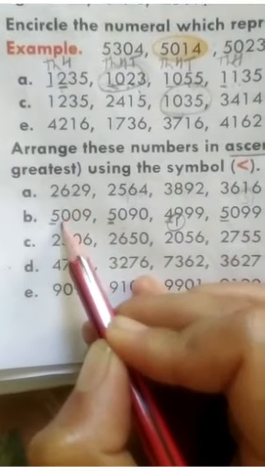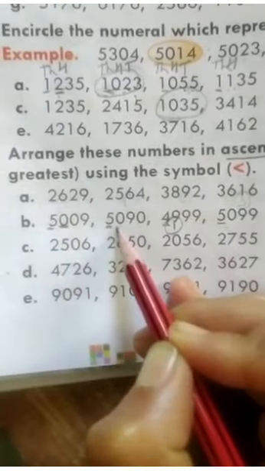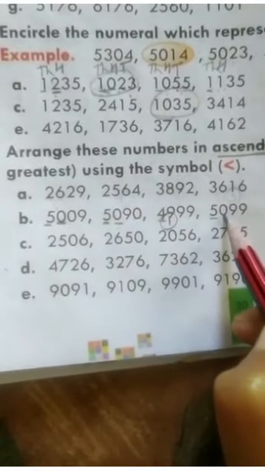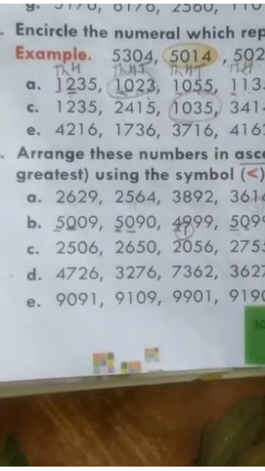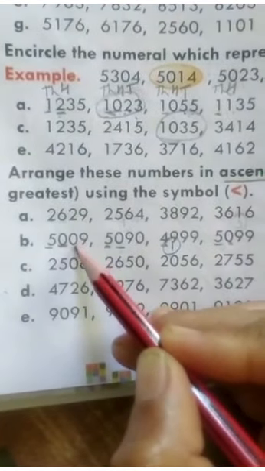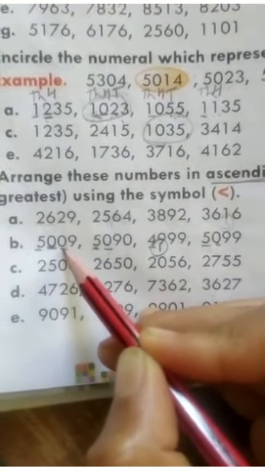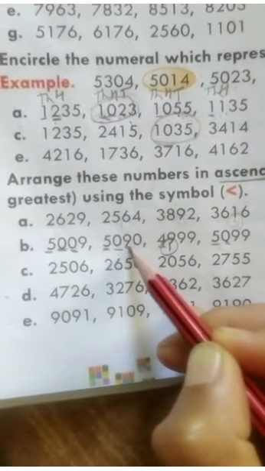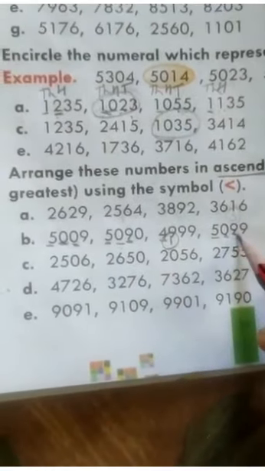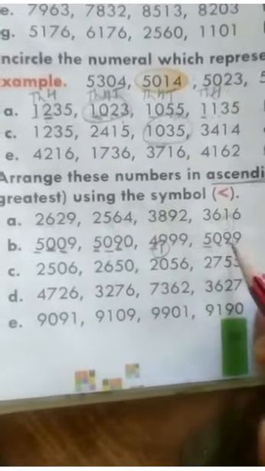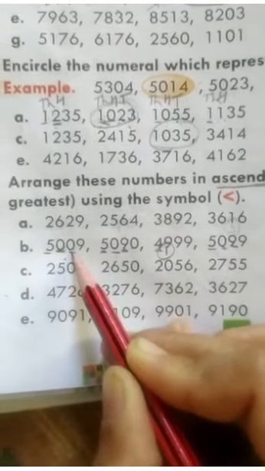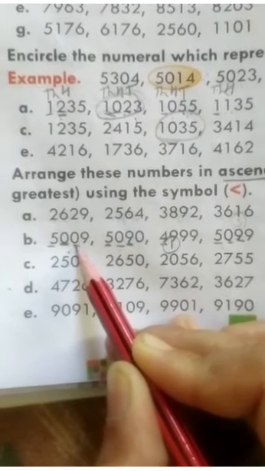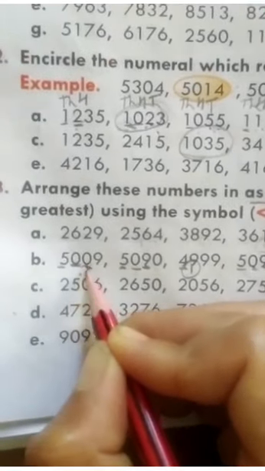Now see the digits under 100 place value. 0, 0, 0. सब में same है. So we cannot make it out which is bigger and which is smaller. So we will see the digits under tens place value. 0, 9, 9. So in two numbers digit 9 is there and in first number digit 0 is there. That means which is smaller? 0. So this will come at number 2.